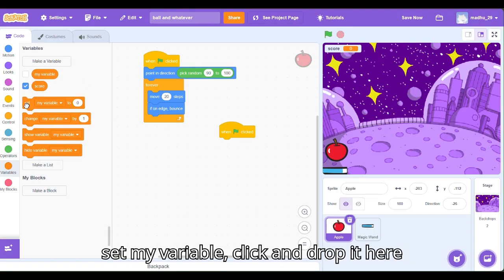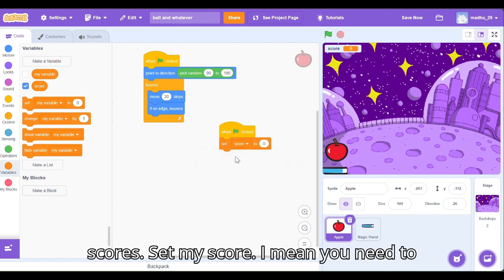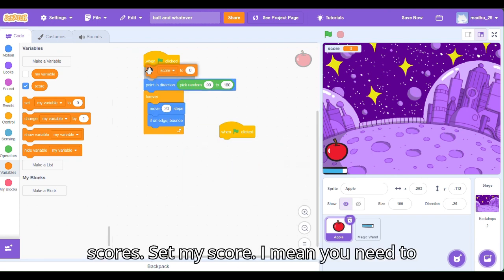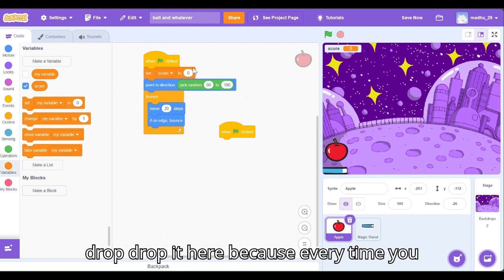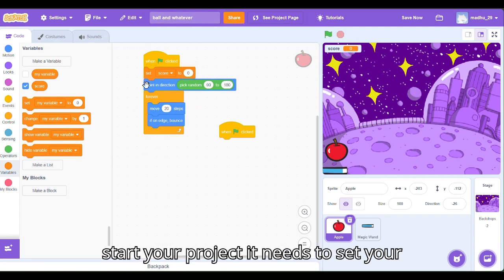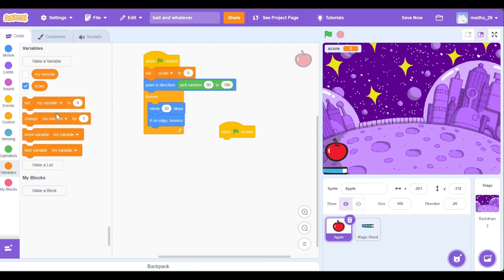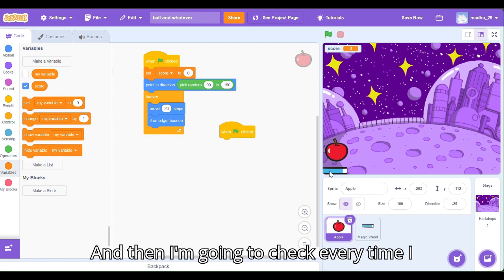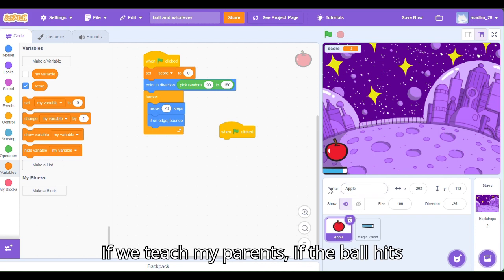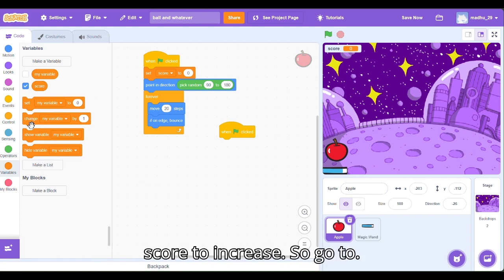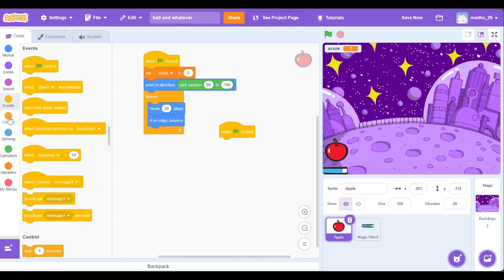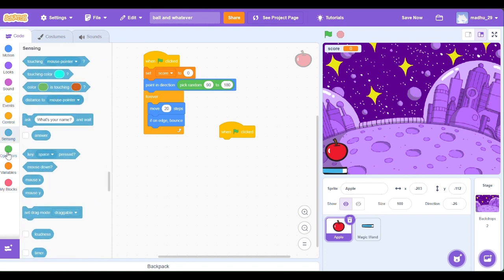Then say set my variable, click and drop it here, and instead of my variable change it to score. Set my score. You need to drop it here because every time you start your project it needs to set your score to 0 so that it gets refreshed. And then I'm going to check every time if the ball hits my paddle, I want my score to increase. So go to sensing,